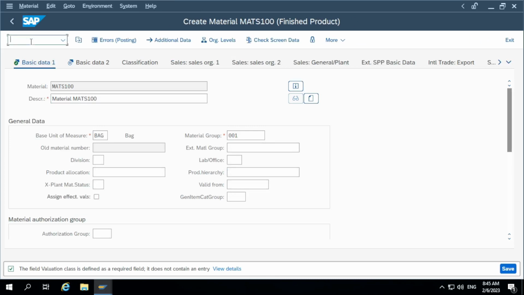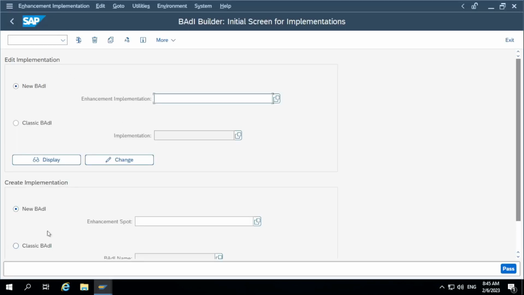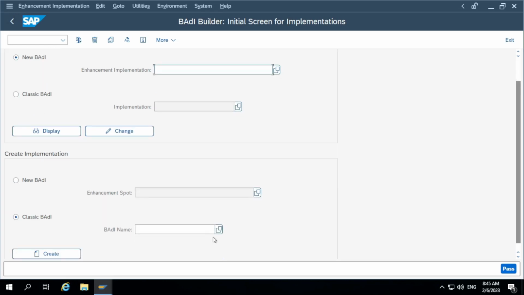I think we should disable those validations. Sorry, enhancements first. Yes, yes. We'll remove the